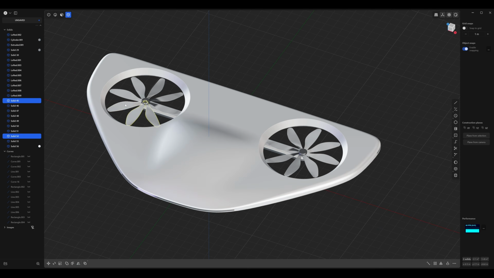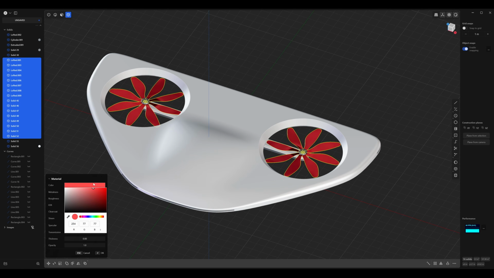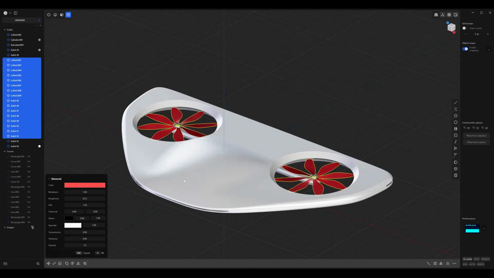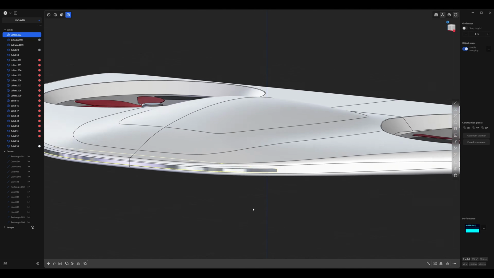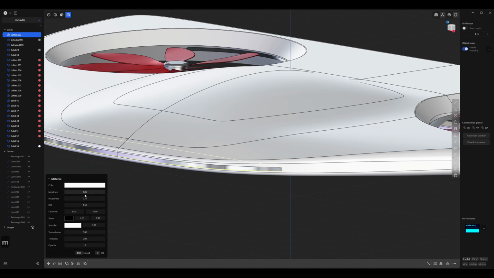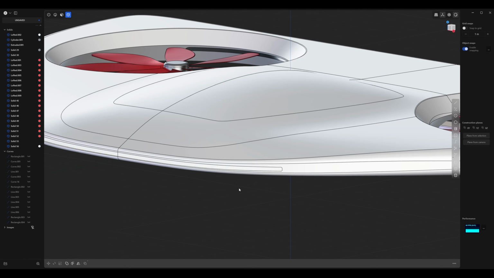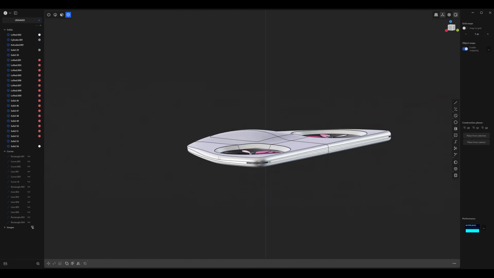And let's see if we should change the color of these blades. And let's change the color of this front light. So select it, press M, roughness to 1. And let's do the rear light.